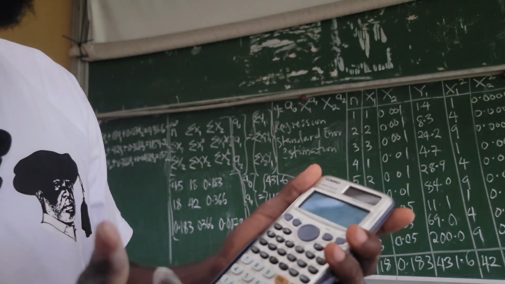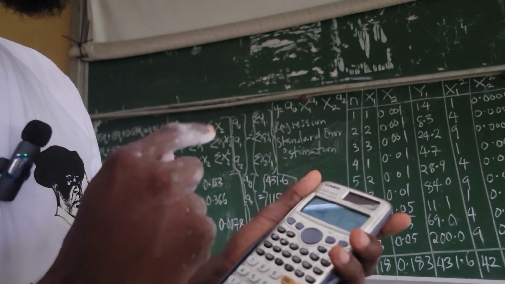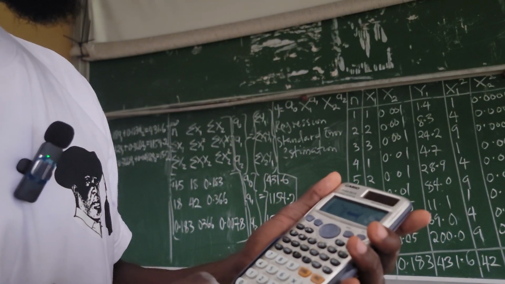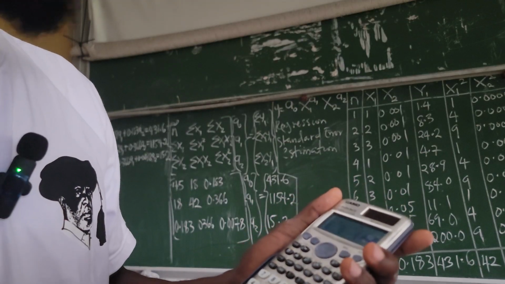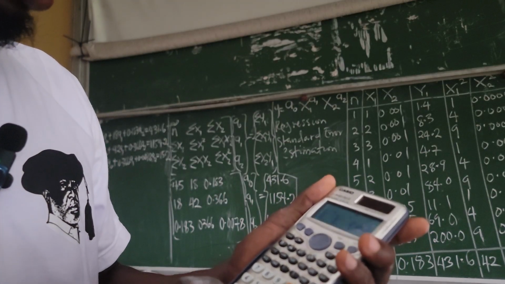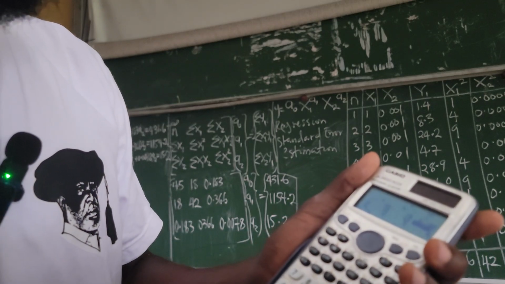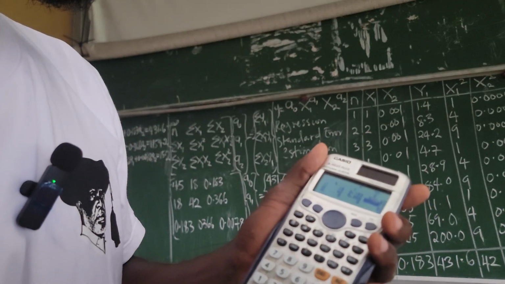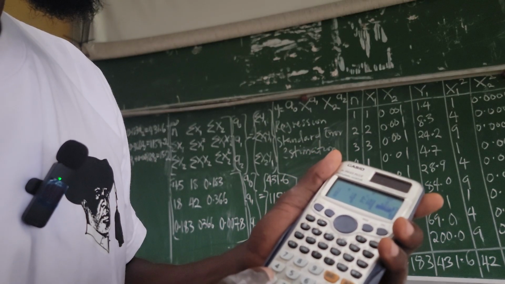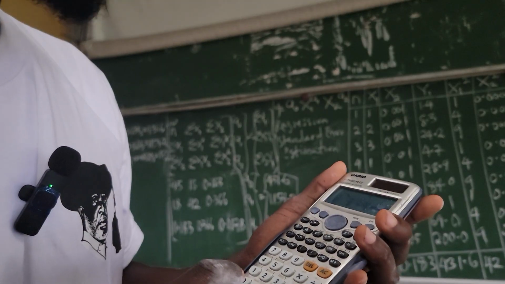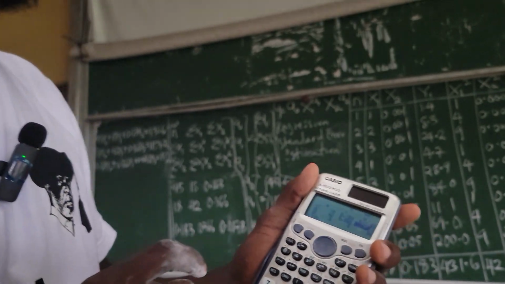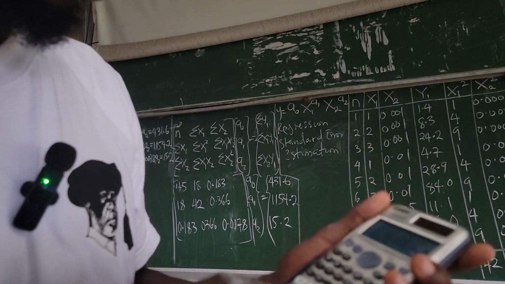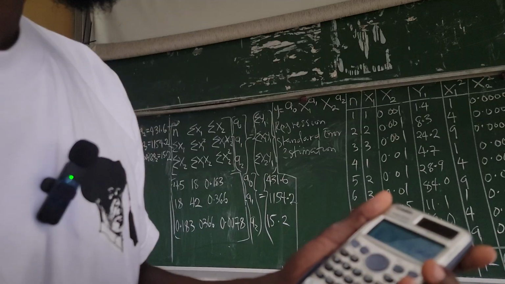To see the time we also shift to the second row. So what you do now is you punch, that is 18. 18 is equal to 42 is equal to 0.366 is equal to 1154, 1154.2